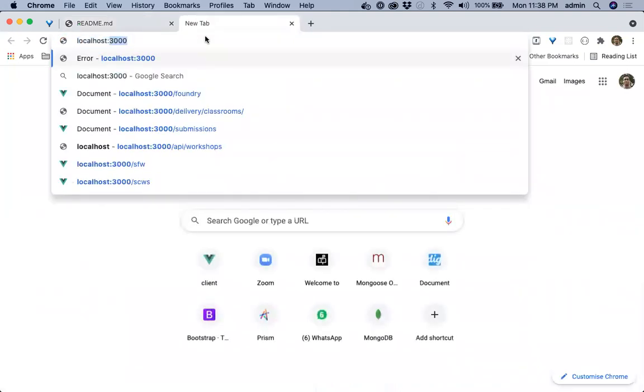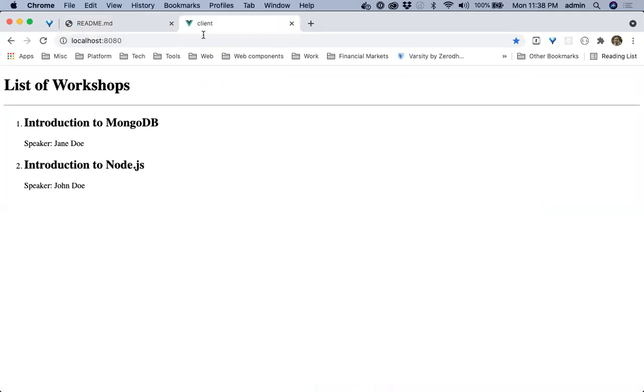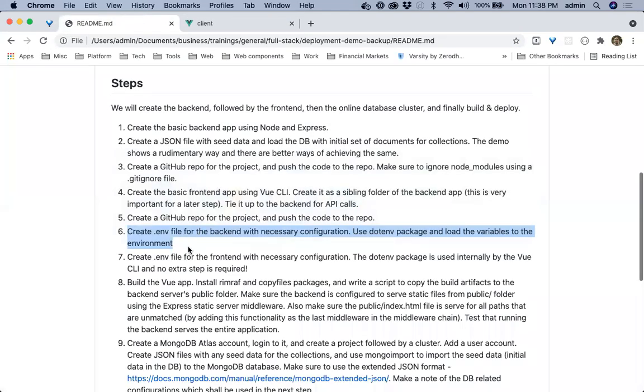We'll open up the front-end application, and it's working fine. That completes this step, where we have moved the environment-specific variables to a .env file, read them off process.env after loading it by calling require('dotenv').config(), and then substituted them wherever we have been using them.